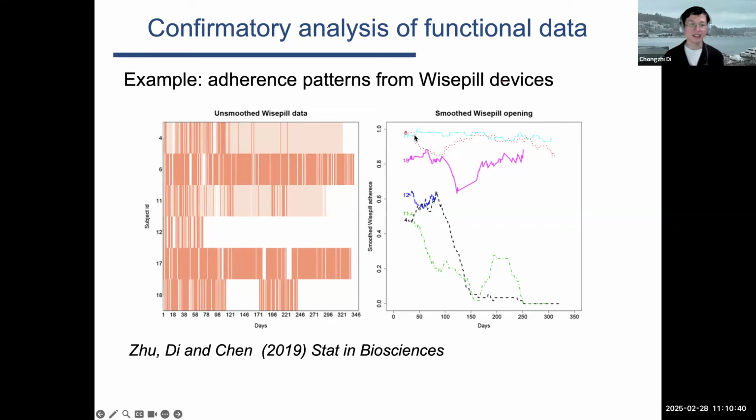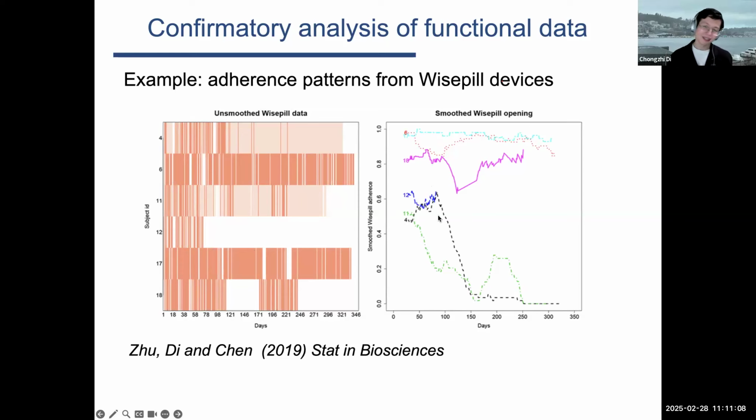So in this case, you can see this individual number 6, we already know it's a highly adherent individual. The percentage stays really high, most of the time between 90% and 100%, pretty much throughout the whole study period, right? So, a very good example. On the other hand, there are, let's see, the individual